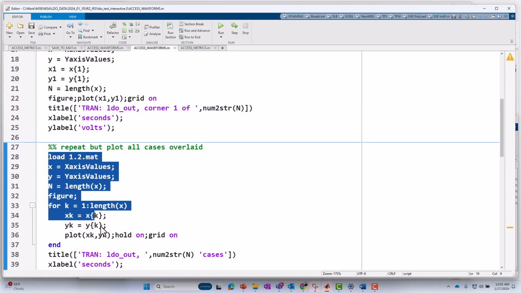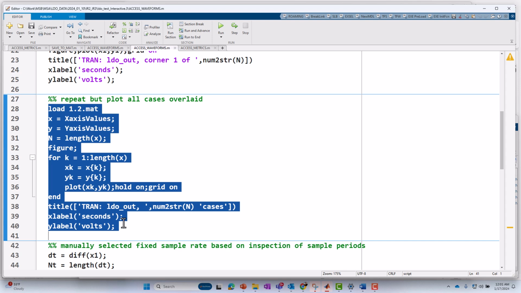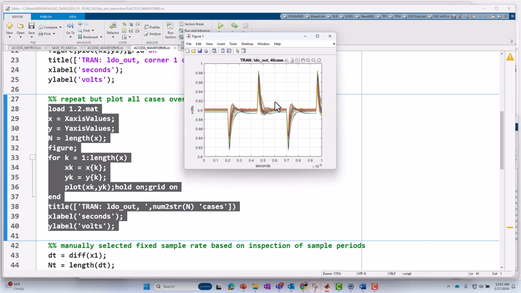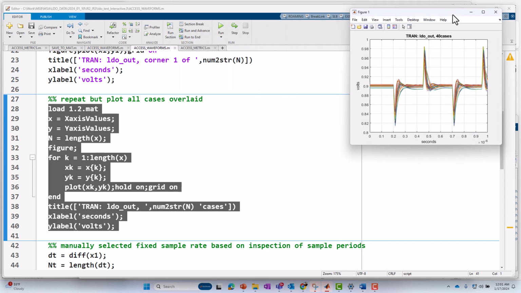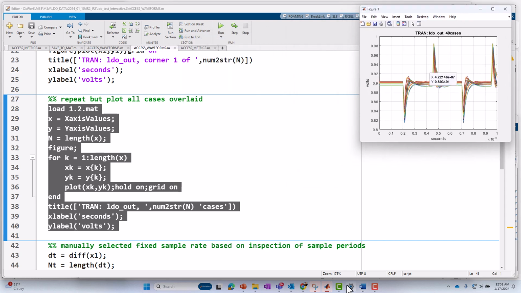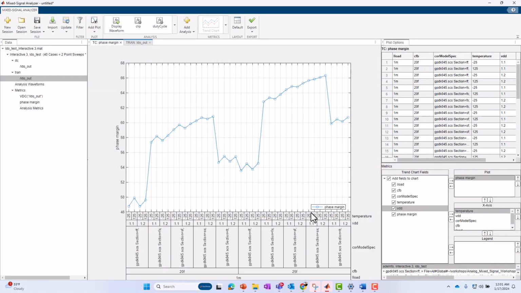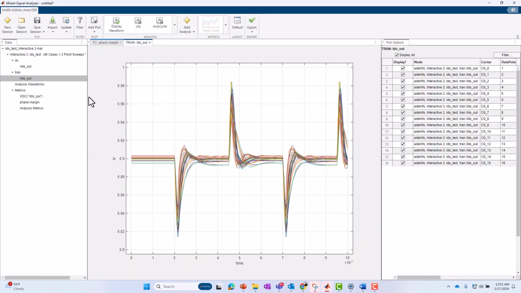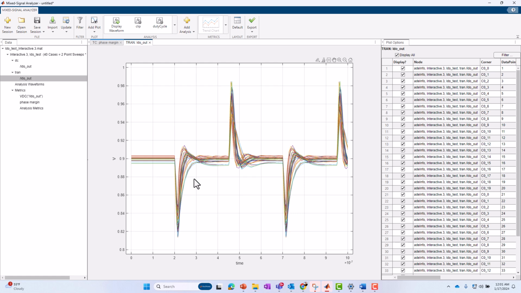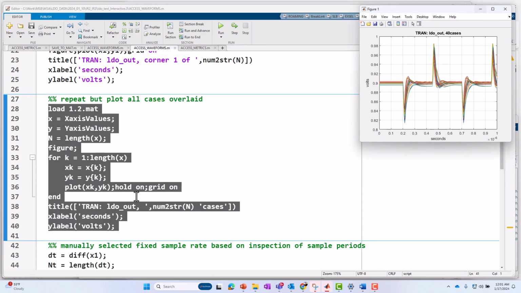So if I just run that portion, you get that plot. Of course, that plot is generated with my script, but if we were to go over to Mixed Signal Analyzer and plot LDO out, you get the very same plot, except here it's inside of the Mixed Signal Analyzer app.